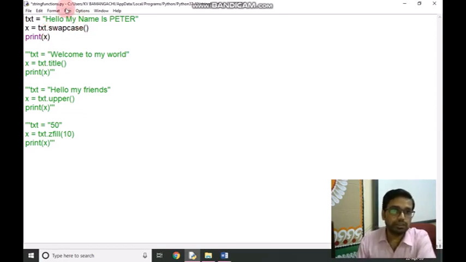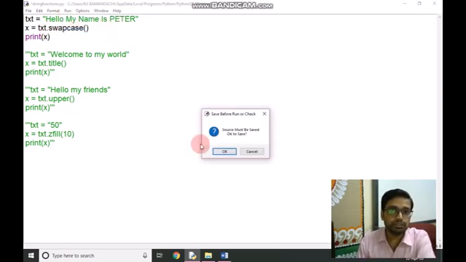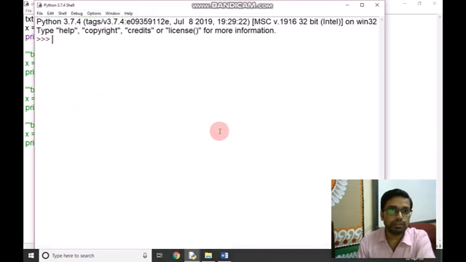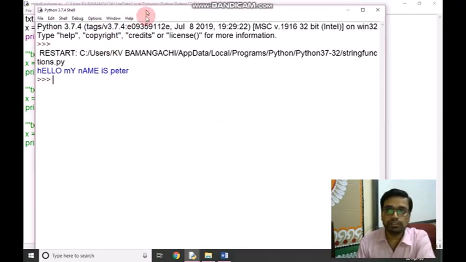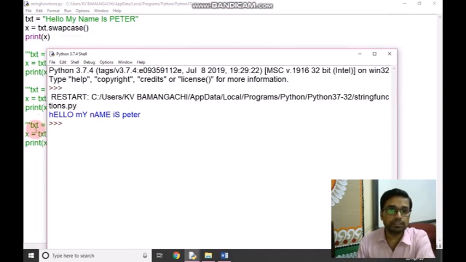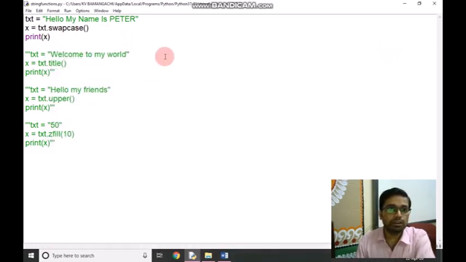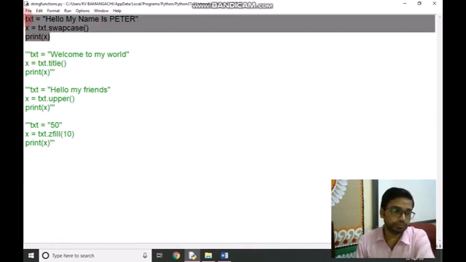It will convert the cases: where a capital letter exists, it will be converted into a small letter, and the small letter will be converted into a capital letter. So swapcase converts all the lowercase into uppercase and uppercase into lowercase.